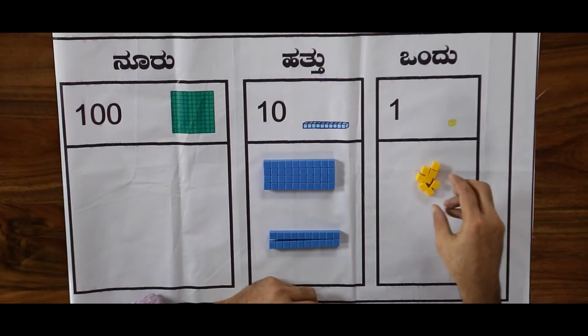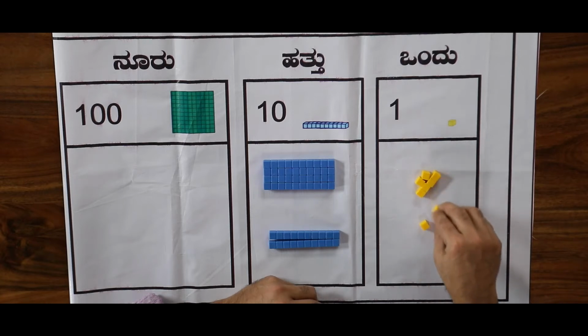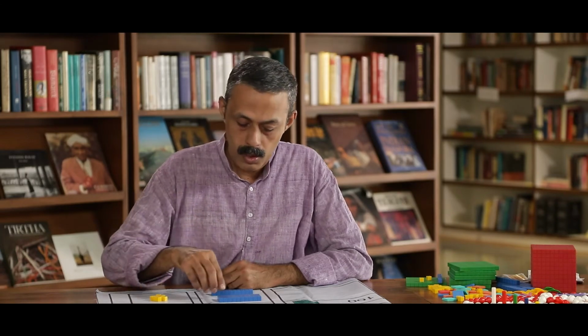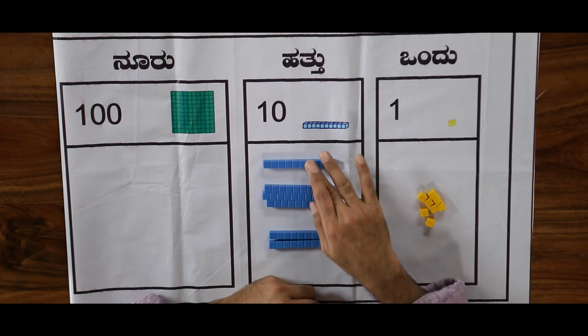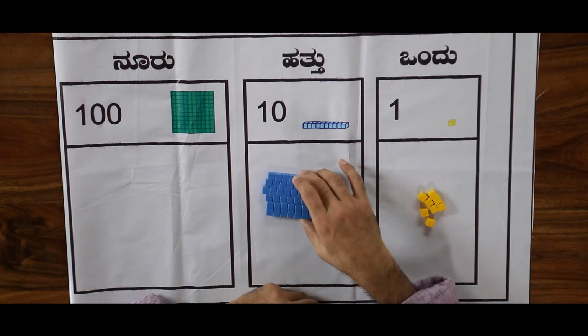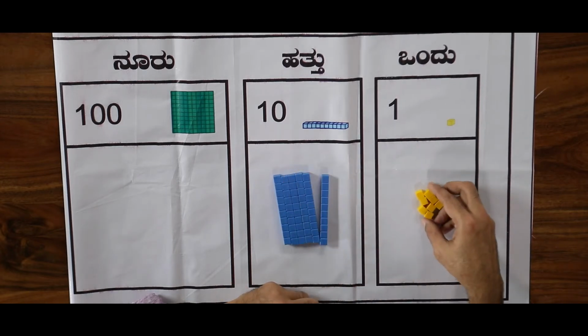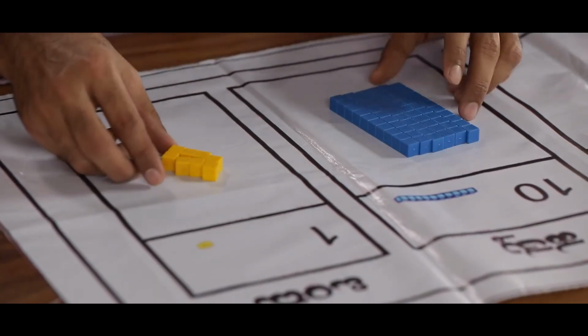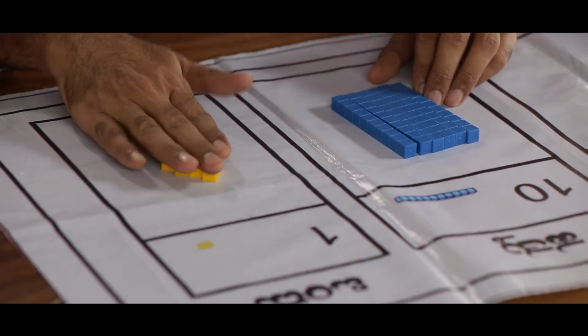I will start the addition from here. When I add these two quantities: 1 unit, 2 units, 3 units, 4 units, 5 units, 6 units, 7 units, 8 units. This number is not more than 9, hence it can remain in the same place. Here we have 1 ten, 2 tens, 3 tens, 4 tens. We have to add 2 more. Here we have 6 tens and how many units? 8 units. Therefore, what is the answer? 68. Isn't it? Nowhere in this did we have the necessity for regrouping.